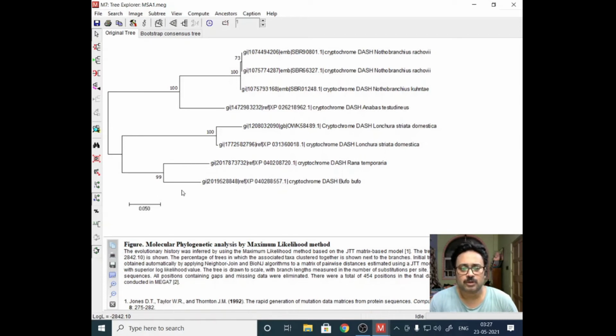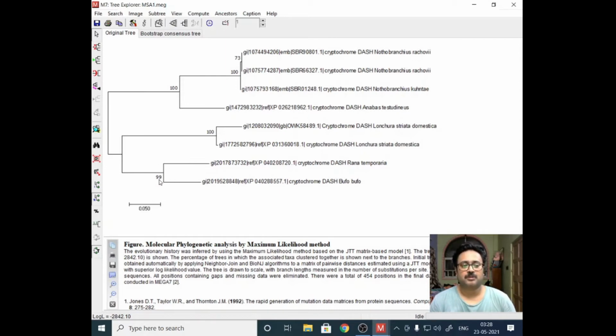All right, so what these numbers denote is, suppose this 100. Why this number is given here is that, as you can see, in this particular part there is a divergence. This one line was coming, it got diverted. This is one group and this is one group. Although there is only one sequence in this, it has been regarded as a group. Same way here, at this point it is breaking down in two parts, and there is a divergence at this particular point.